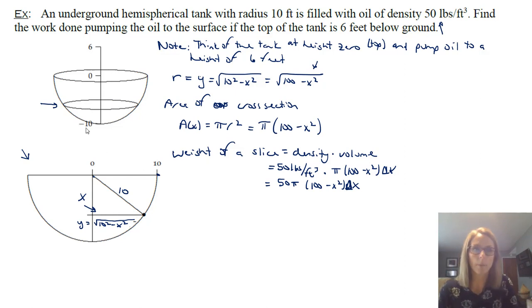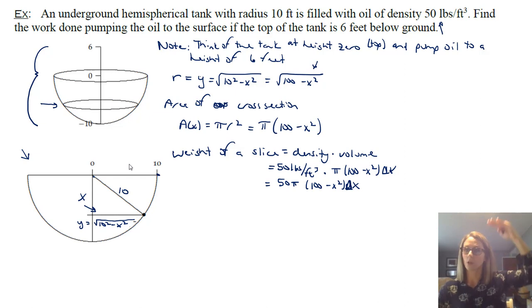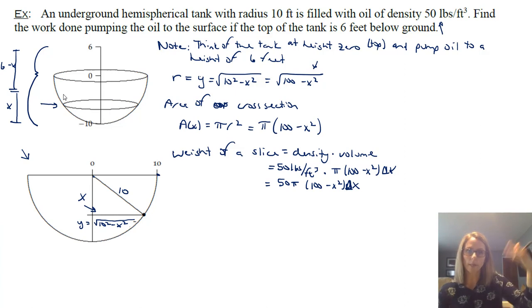So you want to think about the height of this whole thing, as you can see, is we're going up to 6. Okay, so that's important here. So when we think of our distance here, whatever we call x, the distance that's left, we've done this multiple times, is just 6 minus x, because that's what we are at the top. We're at 6, so we have 6 minus x. Now if you're saying, yeah, but we're not starting at 0, understandable. So let me set up the integral now.